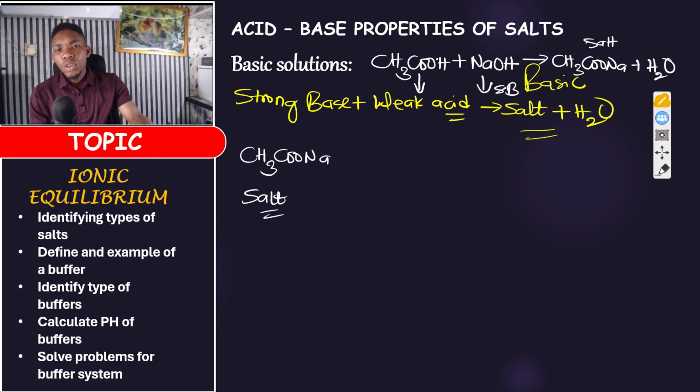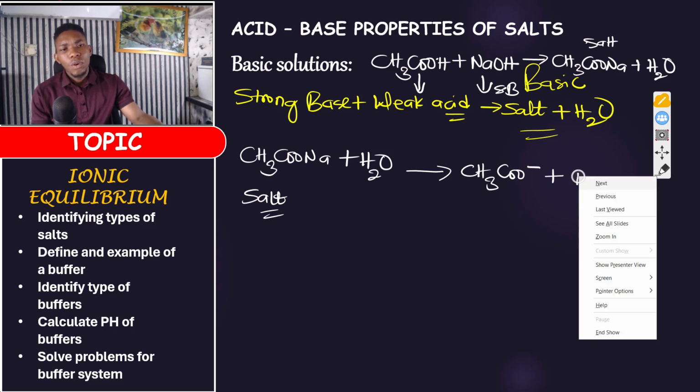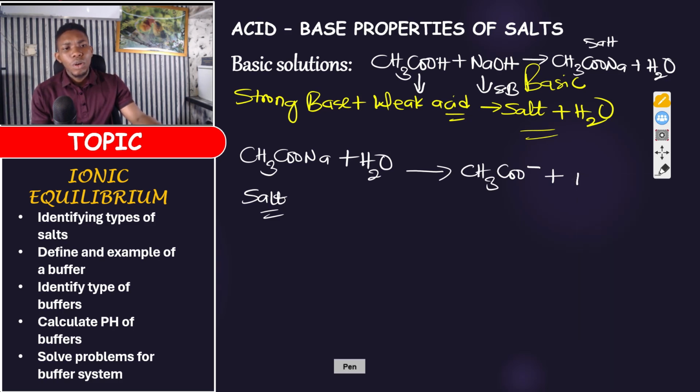Alright, now this sodium ethanoate that is formed, I told you that one of the ways to know if a salt will be acidic or basic is the production of what? Either H plus ion or OH negative ion. Right? Now let us look at this sodium ethanoate. If you dissolve sodium ethanoate in water through hydrolysis, now this is going to break this compound down and it's going to form the ethanoate, and then you are going to form sodium ion,